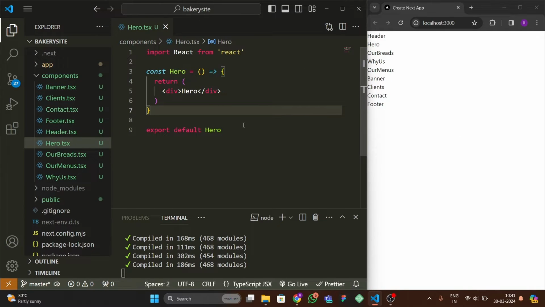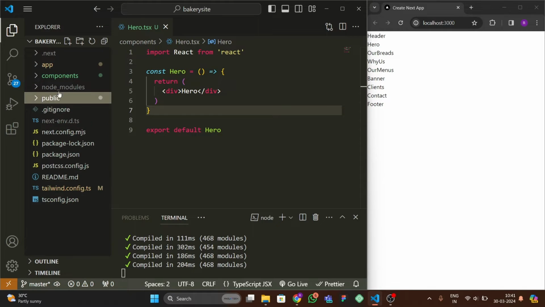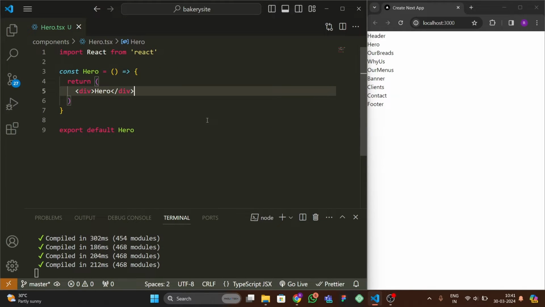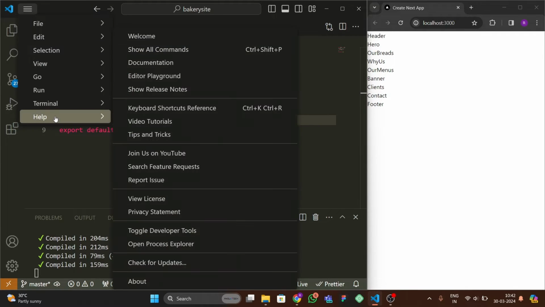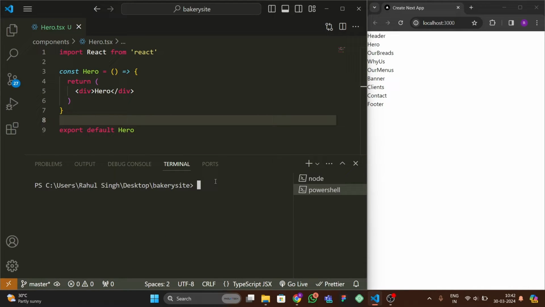Okay, so let's get back to the code, and to our public folder here, and you can see that we have all the images which are required for making this. Okay, so let's start making our hero section. Before making our hero section, we have to install some libraries which are required for making this. So let me go to my PowerShell, and here let me open a new PowerShell, and here I'm gonna install the first library, npm i